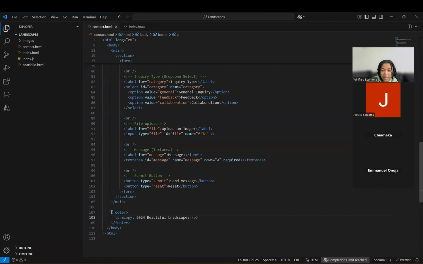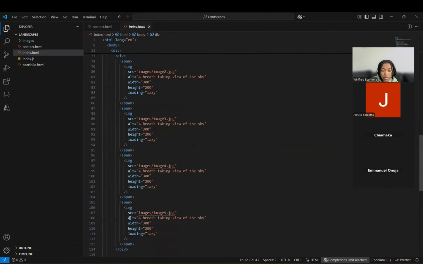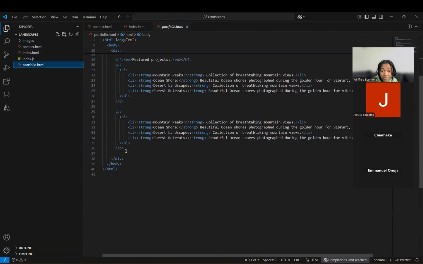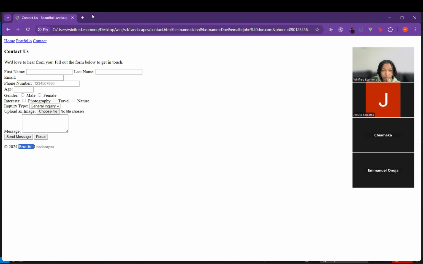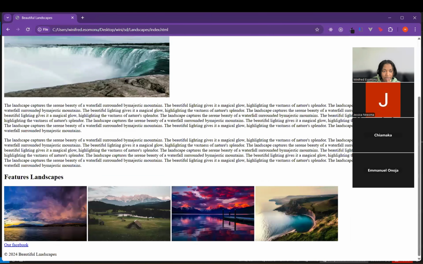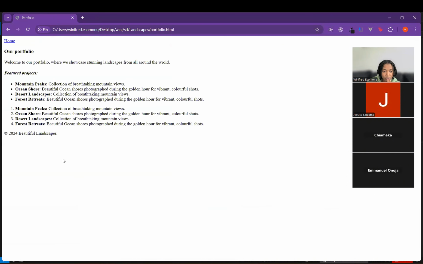Beautiful landscapes. And I will just replicate the footer on all the pages, because we always want our footer on all pages, right? Your footer is usually on every single page. So yeah, we have our footer everywhere else. If we go home, now our footer should be there at the bottom, and the portfolio footer